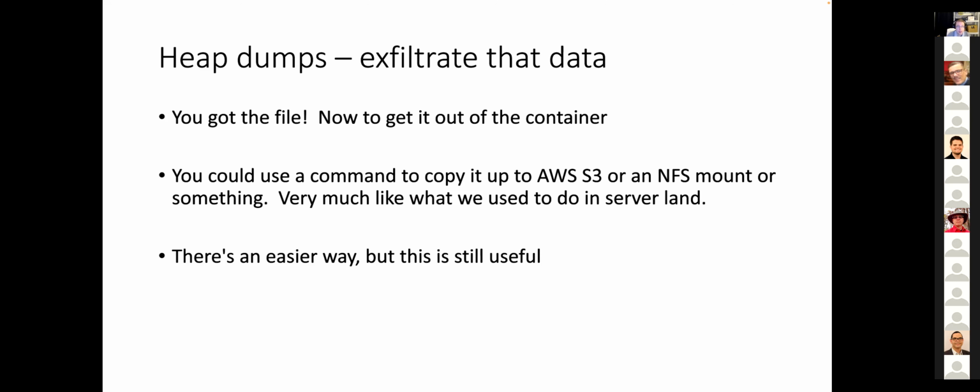And you can totally do that with Kubernetes. You can tell it to connect up a storage volume that exists on an NFS mount, somewhere that Kubernetes has access to. You can tell the container to copy it to S3 with some number of credentials inside of there. You can get it out in 3 or 4 different ways. But